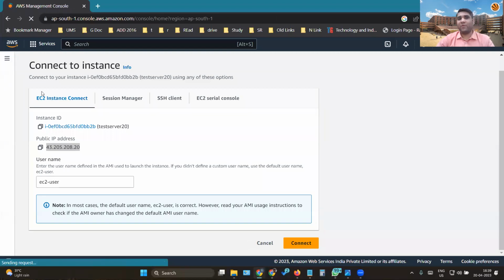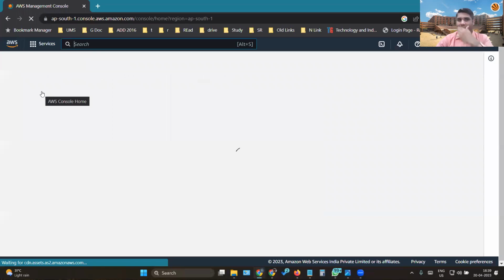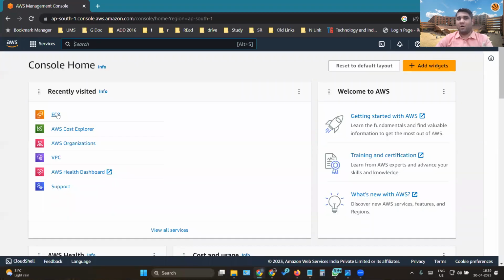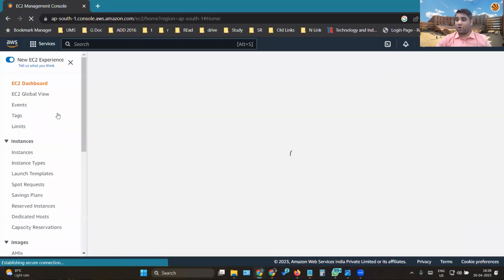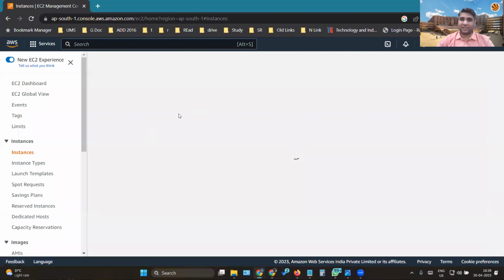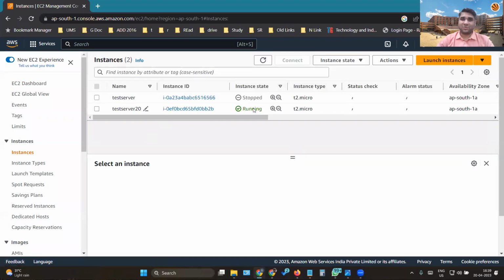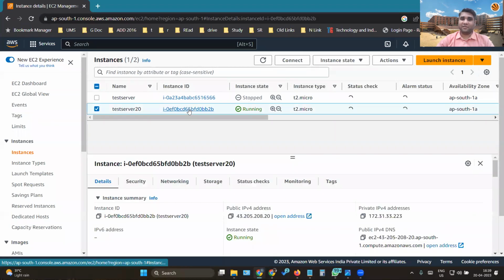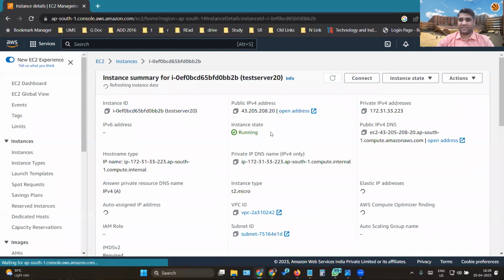Now, coming back to the same service, let's see how we can connect to it remotely, how anyone, anywhere is able to access it. If I want to access this same website to edit, but not from this system because it was online through a web console, but I want to do it offline from my system, how can I do that? Again, we'll go back to the instances because I'll need the IP address again. The instance which is running is the server 20.